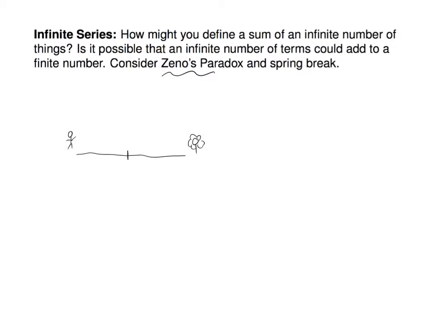You go halfway to spring break. That's a distance of 1/2 unit of something, right? And then you go half of the remaining half, which is a quarter, right? And then you go half of the remaining quarter, which is an eighth. And then a 16th, and then a 32nd. You always got a little bit to go, right? But what would this 1/2 plus 1/4 plus 1/8 plus 1/16, if I was able to add up that infinite number of things, what does it have to add up to? One. One distance between us and spring break. One unit of measure between you and spring break.